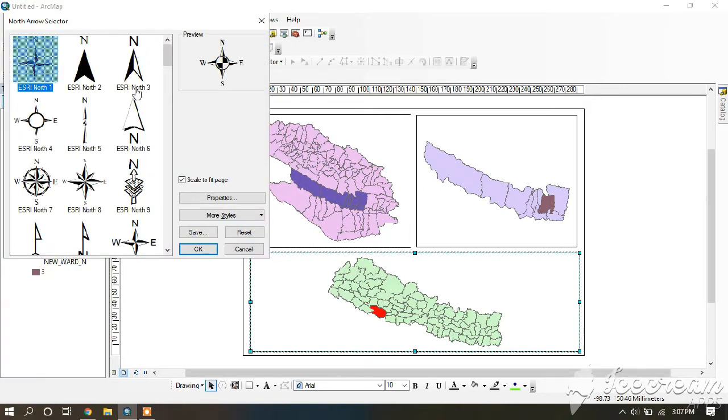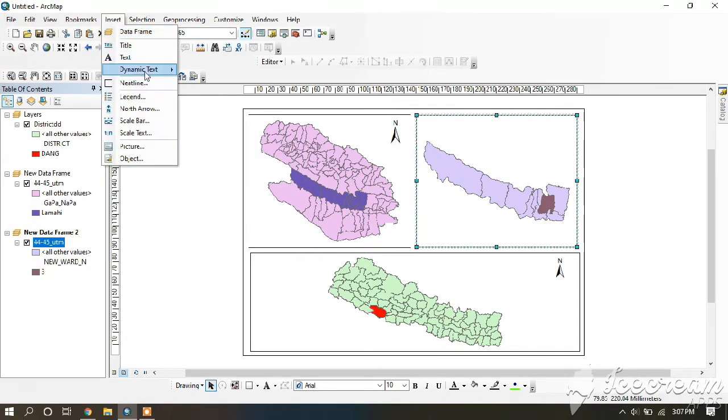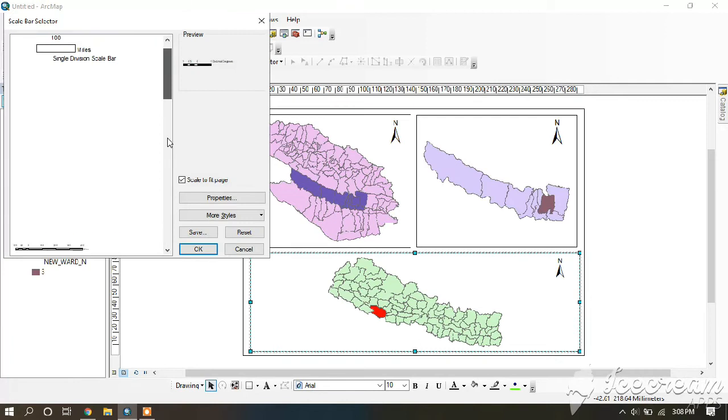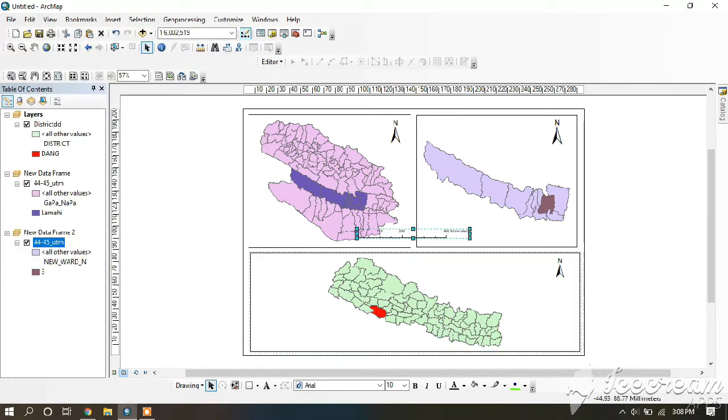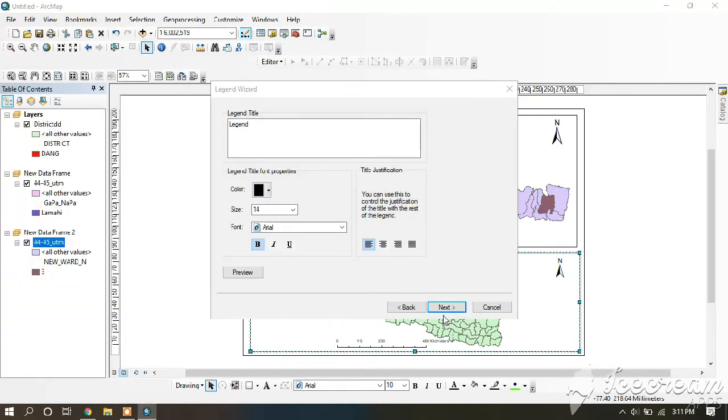And now insert the arrow. Same for other boxes. Likewise, we will be adding a scale bar. You can choose any scale bar. You can also change the unit. Then now you can add a legend,